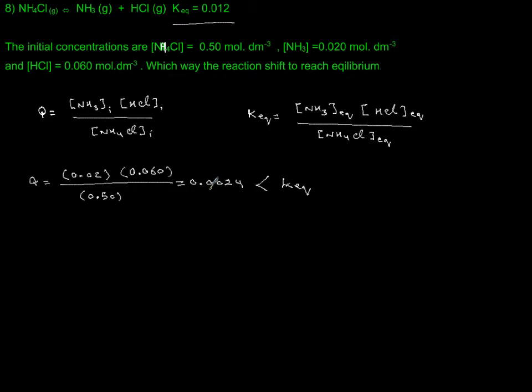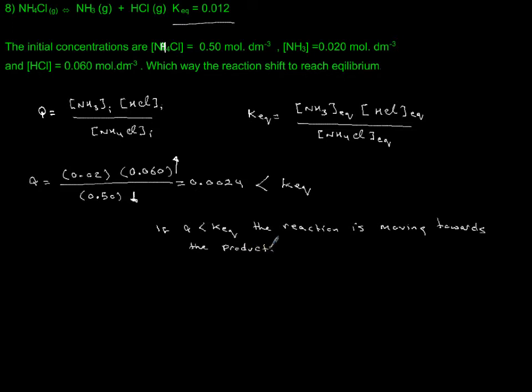So now what you need to do is make this ratio bigger. So what you have to do is the numerator, which is the product, has to increase, and the denominator has to decrease. So you are going toward products. You are trying to give more products in the numerator and decrease your reactant. So at this stage, if Q is less than K equilibrium, the reaction is shifting or moving towards the product,